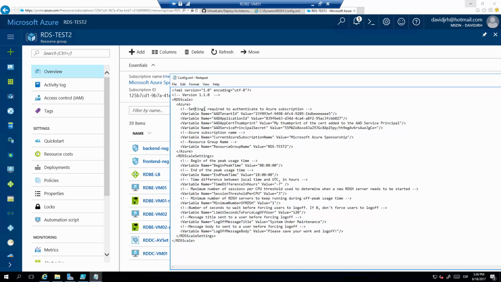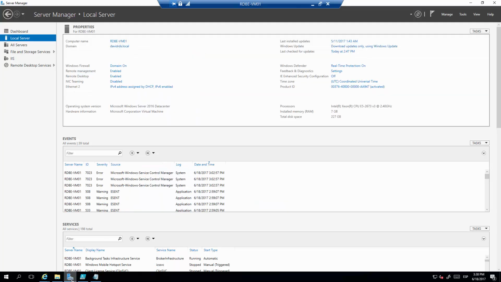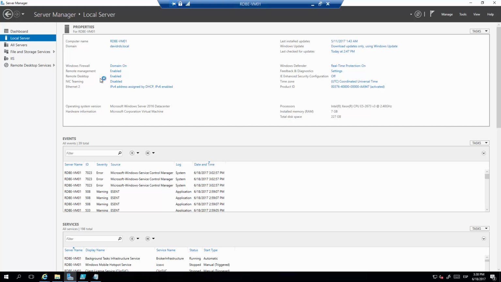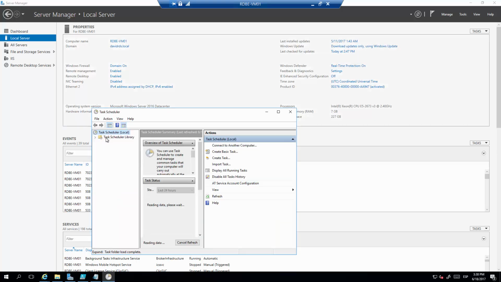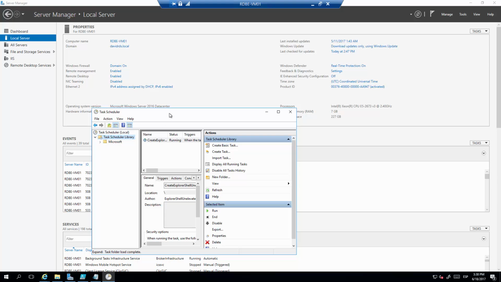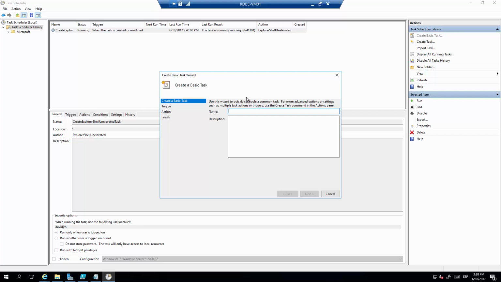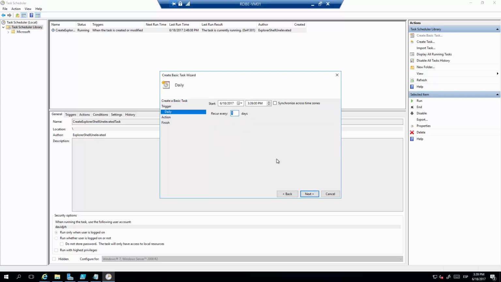Click on Save. The final step is just to set up a scheduled task that will check how many users are connected to our session host and run the script. So in order to do that, we go to Tools, Task Scheduler, and create a new task. From here, create a basic task. Let's call this RDS host scaling, for example. Click on Next, choose Daily, choose every 1 day,